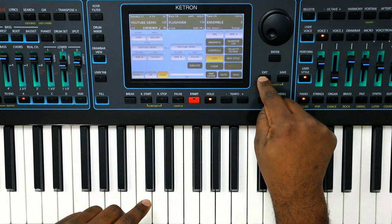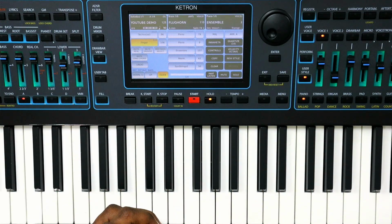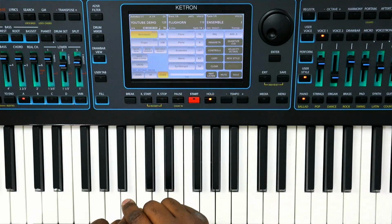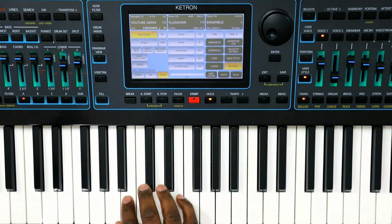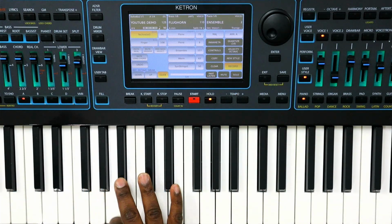I'm going to now go ahead and tweak Arranger B a little bit differently. So I'm going to get back into my original recording screen, and I'm thinking to myself, okay, let's go back and make some modifications to that drum. I'm going to go back to my drum kit, and I'm going to go back to my recording mode. Okay, I want to hear, let's say, this,